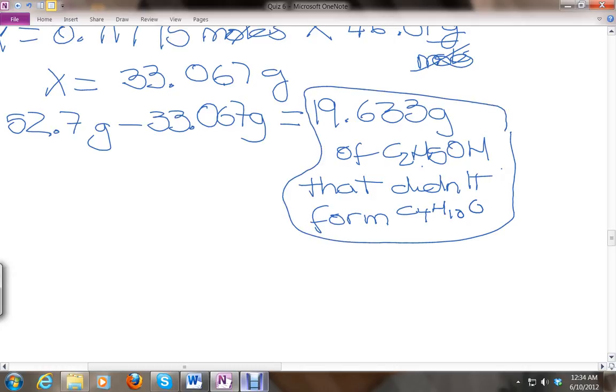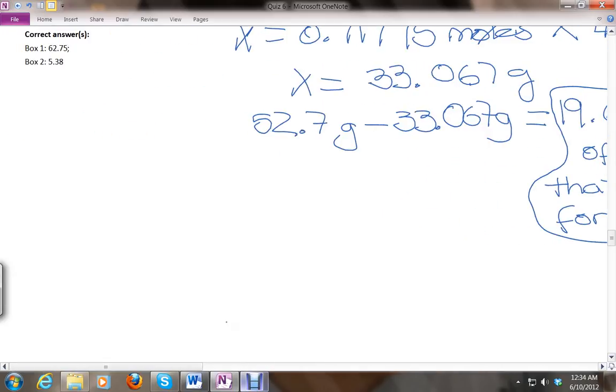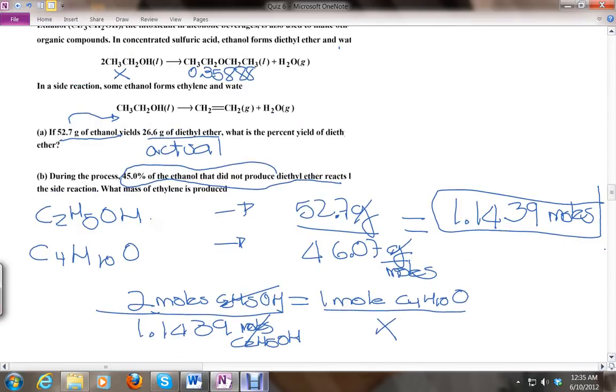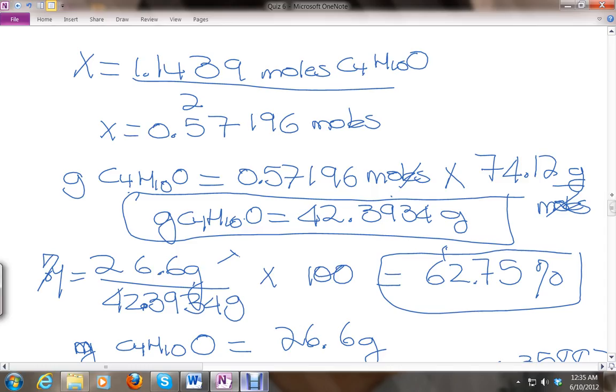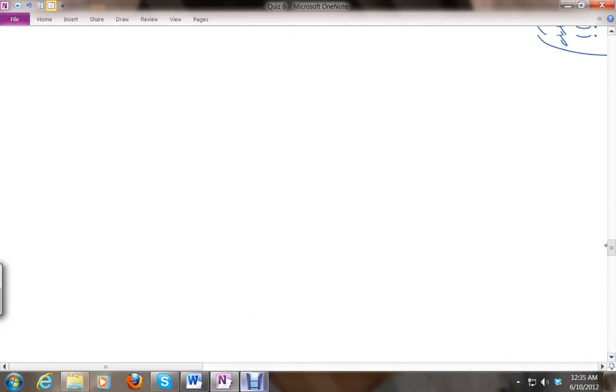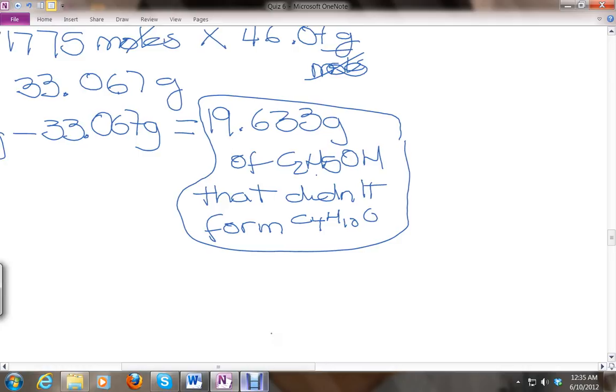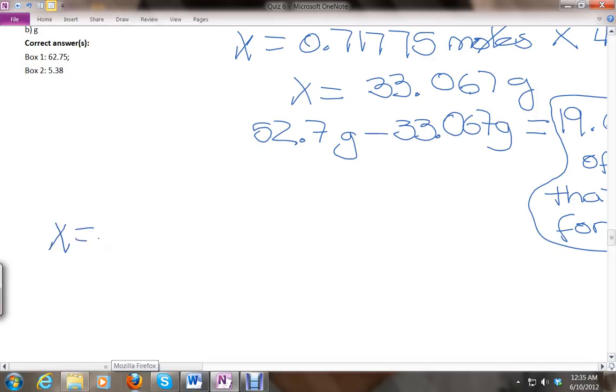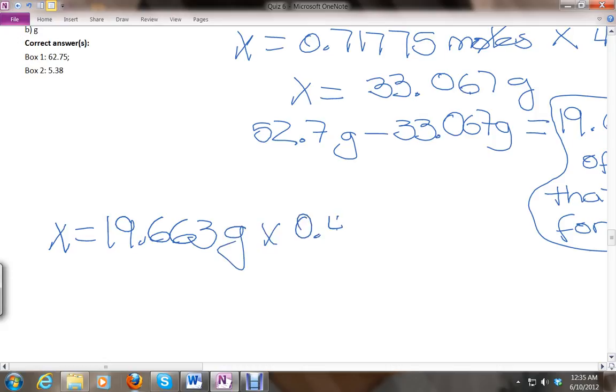Now, if you read the question, letter B, it says 45% of the ethanol that did not produce the ethyl ether. What is the amount that didn't produce? 19 grams. So a 45% of 19.663 grams gives me the grams of ethanol, gonna be 8.8 grams of ethanol